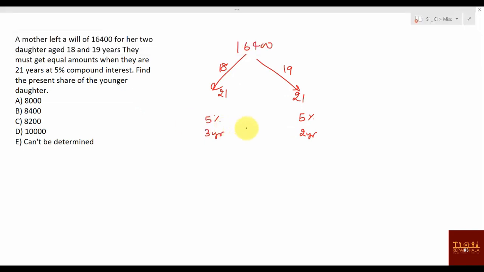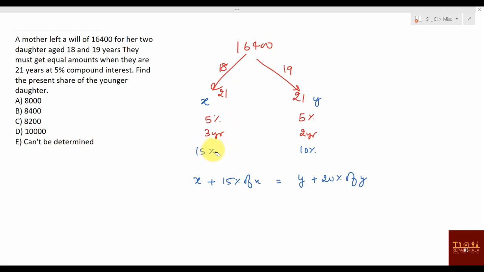So what I can say is, suppose she got X and she got Y. So this is 15% and this value is 10%. Right? So you can write X plus 15% of X equal to Y plus 20% of Y. What happened? I'm not getting it. Okay, sorry. They have told about compound interest. So first the question we can solve by simple interest and then compound. If you solve by simple like this, you can get the x by y value, and then compare and get the value.